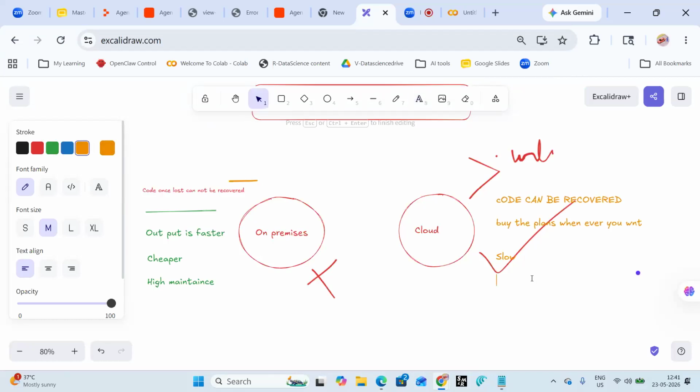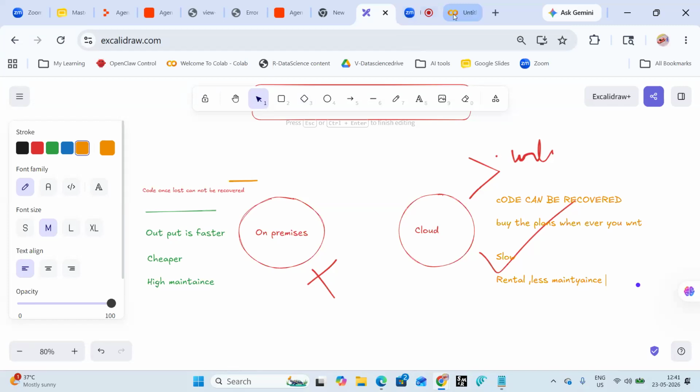It's like rental. We are taking some other place for rent, so less maintenance. If you buy a 100 GB drive from Google, who will maintain the servers and the software of it? Google will maintain. You just pay the money, and it's like fast food. But on premises is like getting all the ingredients and cooking at home. That is the difference between on-premises and cloud.